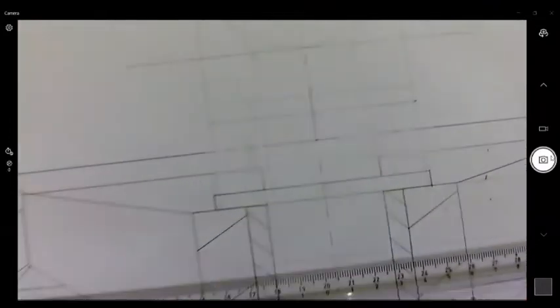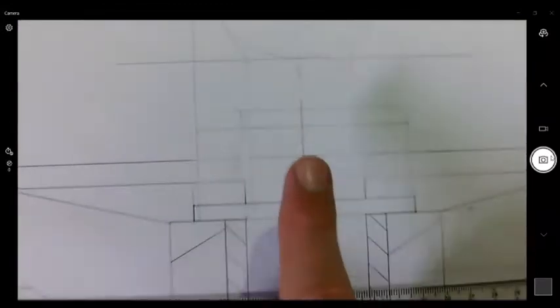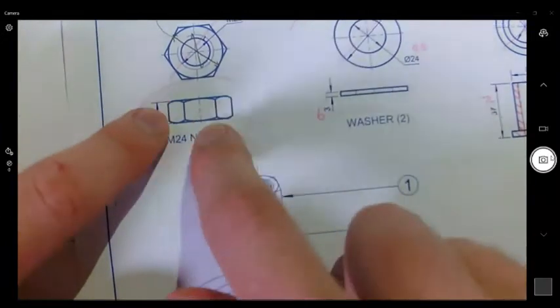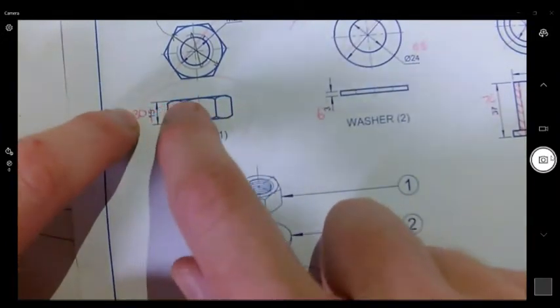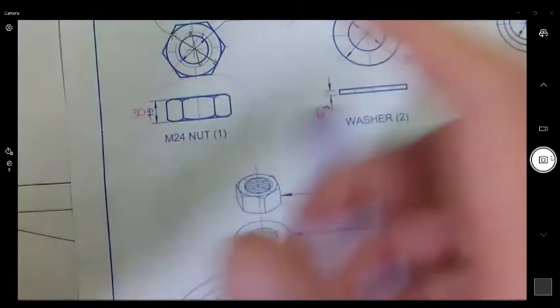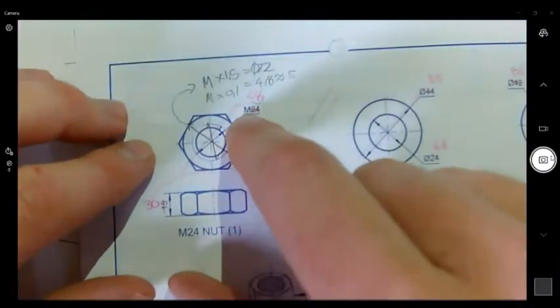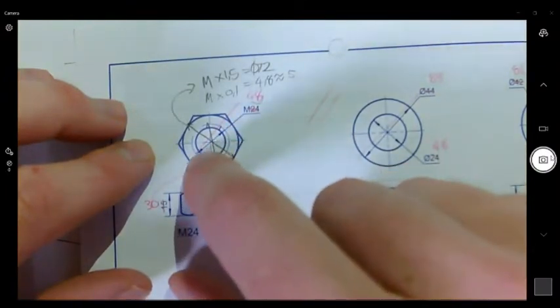Our whole image is done. We need to complete the nut. So we want to draw this. This is what we want. But how? How do you know? How do you get those little curves? Where do we start? The problem, and then the other question is, they only give us the size of the